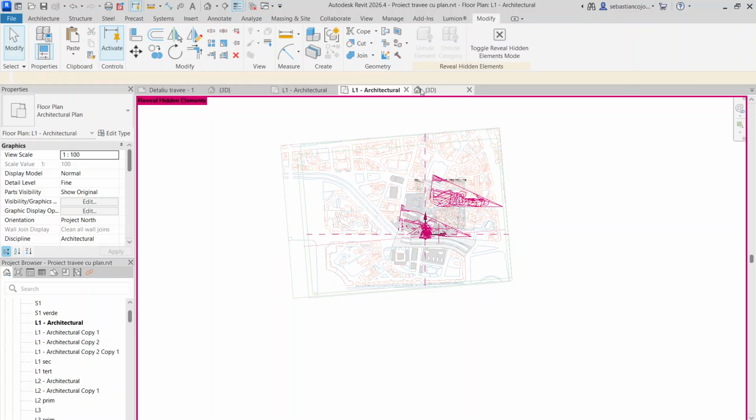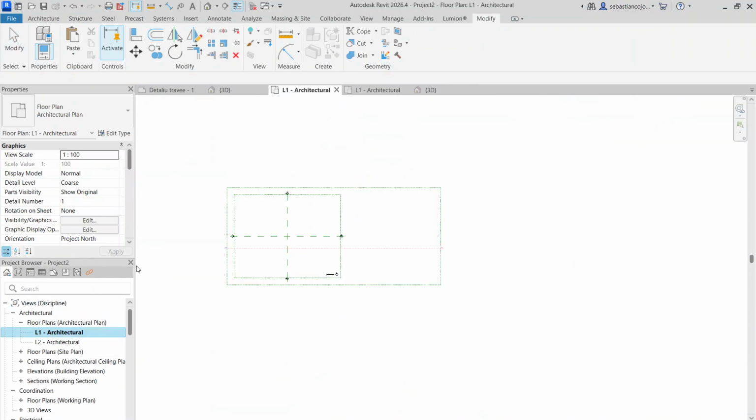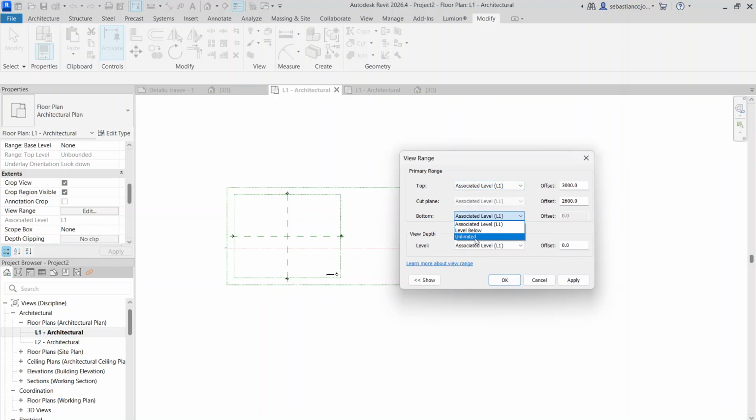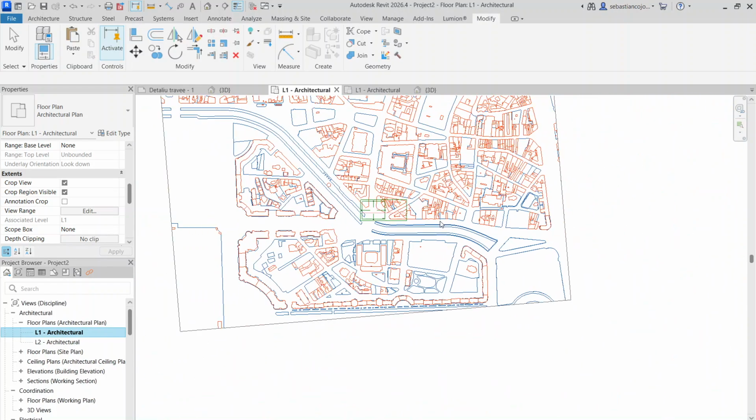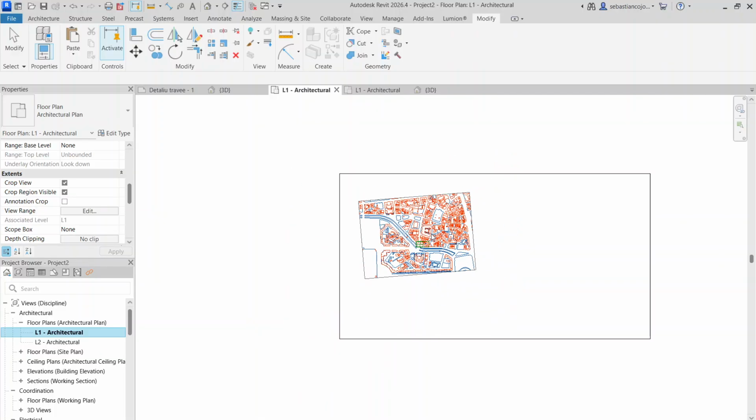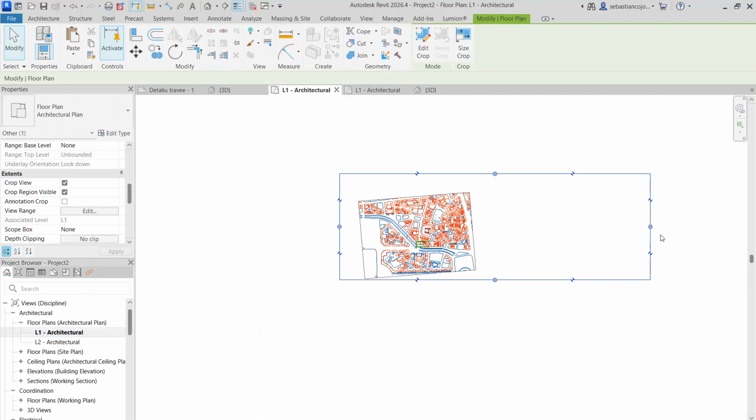Let's check L1 in here and maybe the view range. View range. Oh, yeah. Let's check if I put it to unlimited. Maybe yes. That's the problem. That was the problem. So now I have my site placed, let's say, and I'll try to create the same